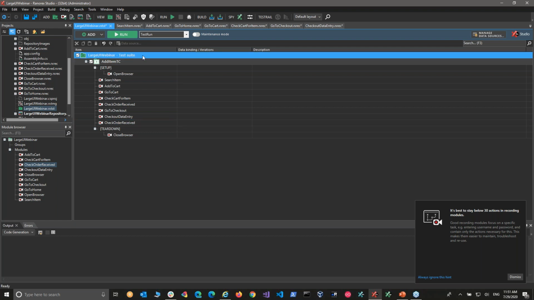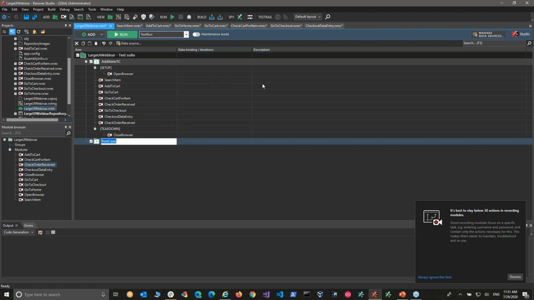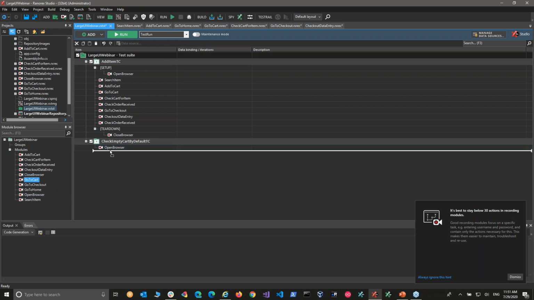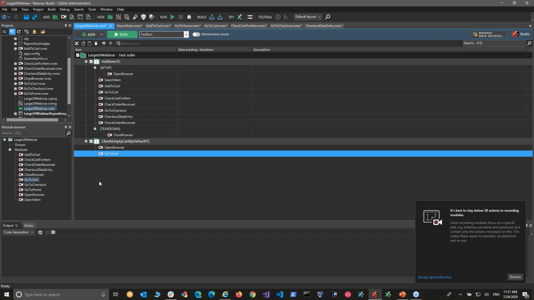So let's try it. We can create a new test case in our test suite. I'll simply right click and say add new test case, which we'll call, I don't know, check empty cart by default. All right, we just want to log into our app. So we will use, reuse, I should say, the open browser module. We will go to cart, and then we will